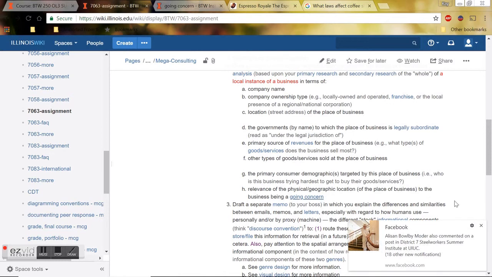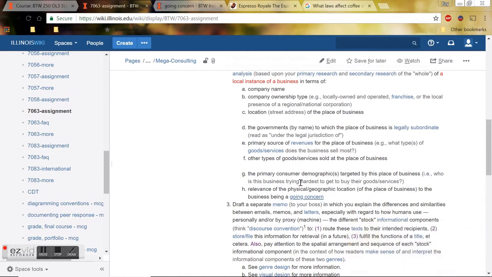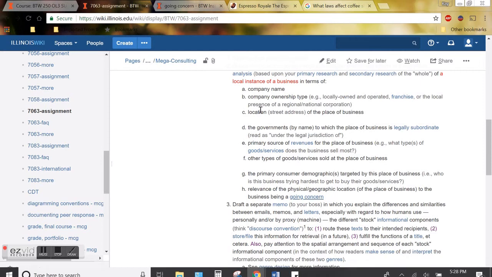And so if the question is, what would this business be most concerned about in order to stay in business or thrive, we might look at all the information that came before it and what among these items is concerning.